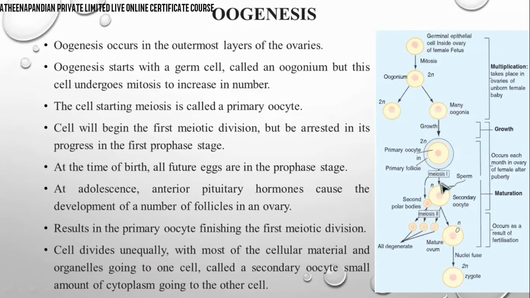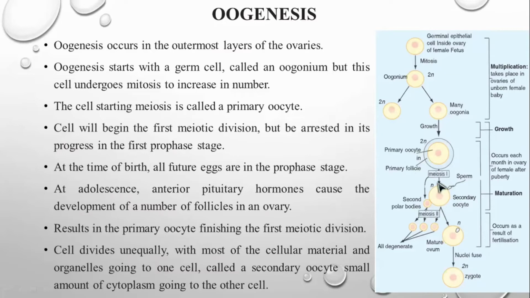Then it undergoes meiosis 1, and we have a haploid secondary oocyte cell with a polar body. Even in the primary oocyte, a first polar body is released at the time of